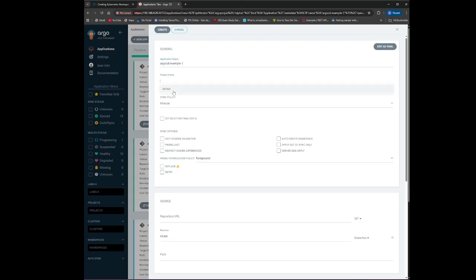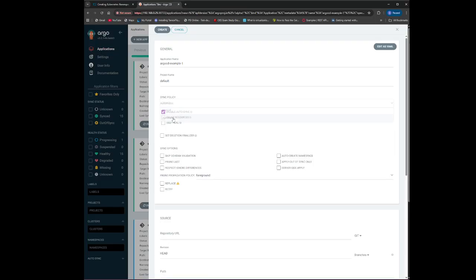We can also create another project name, other permissions, and other settings for another or the same project. I just choose default because I have just one project here.